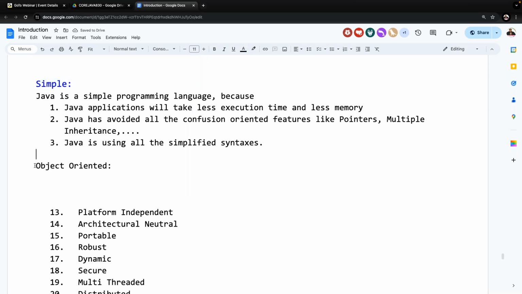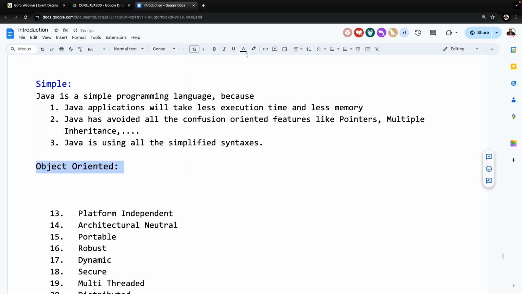Does everybody understand this point? If any programming language represents the data in the form of objects, by following the object oriented features, then that programming language is called an object oriented programming language.